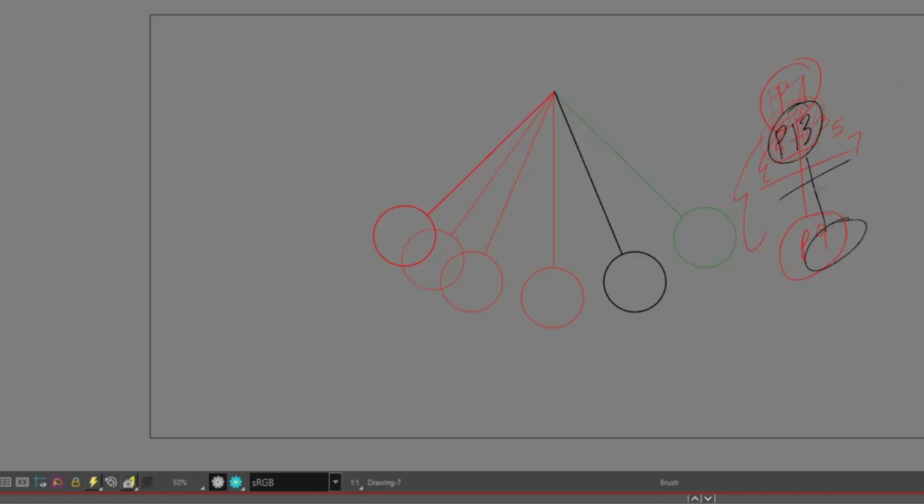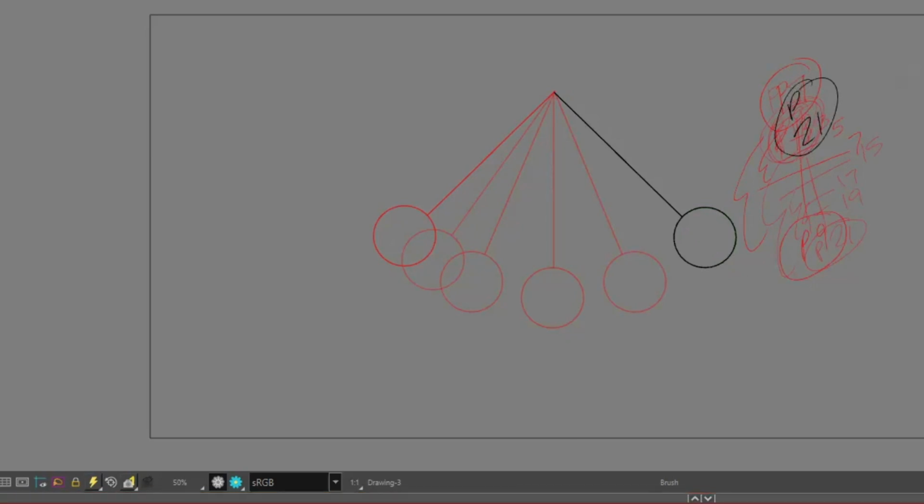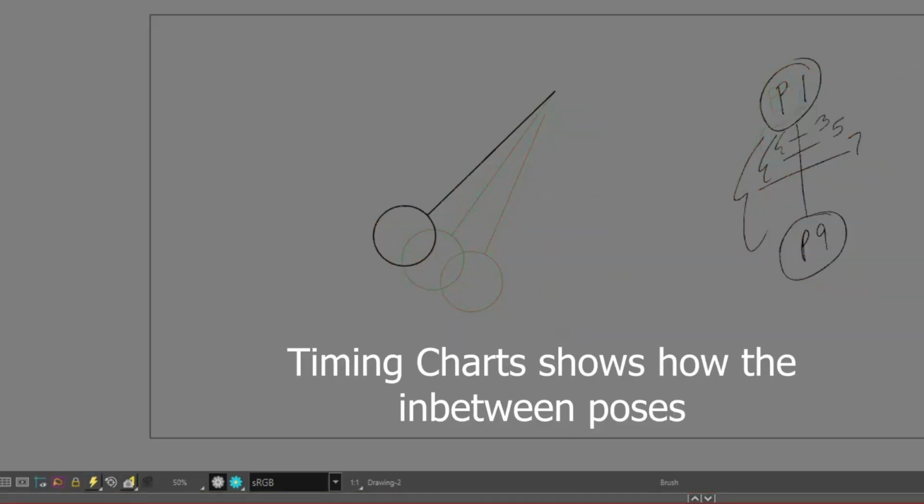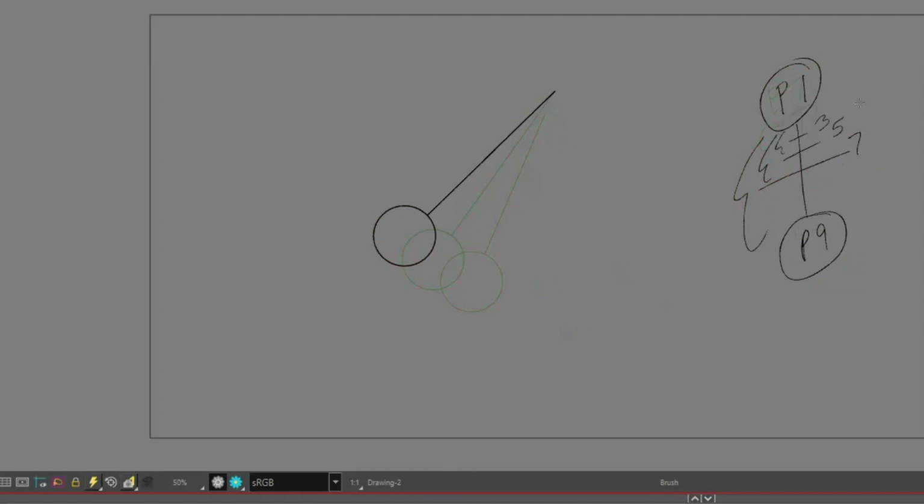So if you think about this, this would be 13, and I'm going to do 3 of these. So I'm going to have it slow down. Basically, it's going in half, in half, in half, like that. So we got 15, we got 17, we got 19, and we got 21 right there. So this one will be 21. All right. So these are timing charts. And this is showing you that this is an ease. We're easing out,